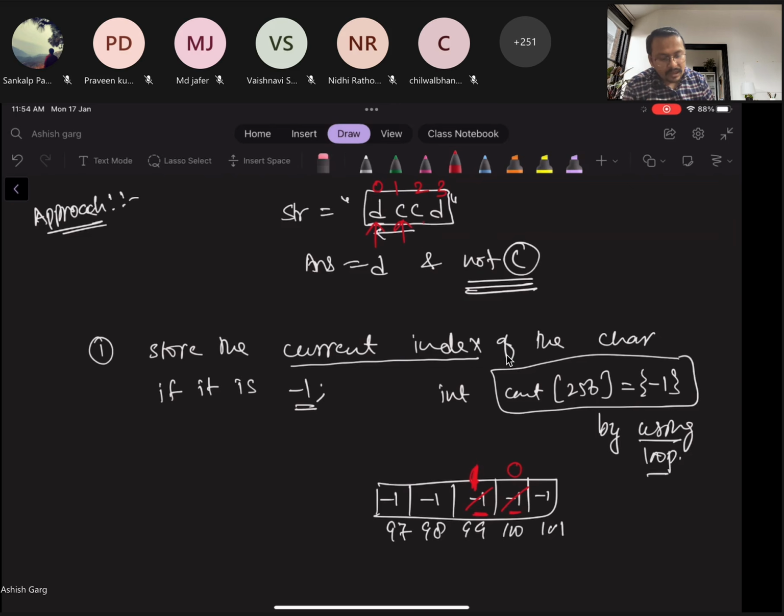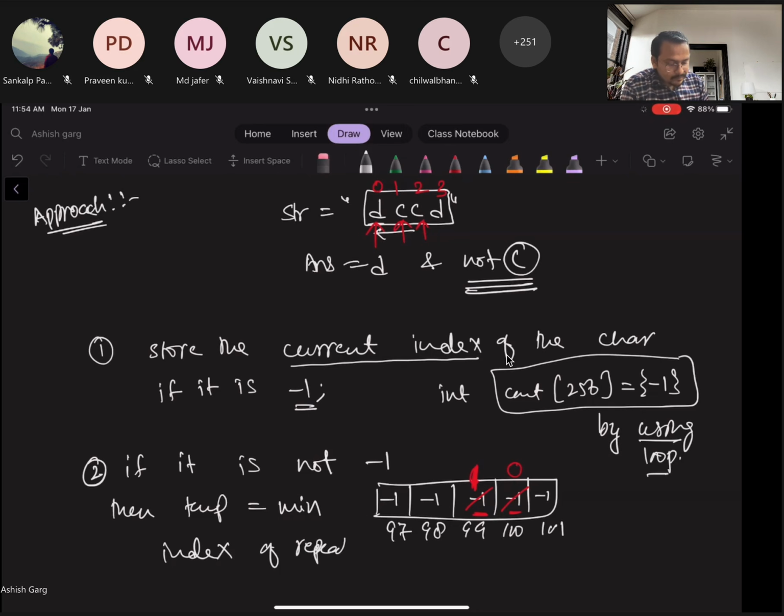Now if we get another C and its entry is not -1, then what should we do? That is step number 2. If it is not -1, then temp is equal to the minimum index of repetition.